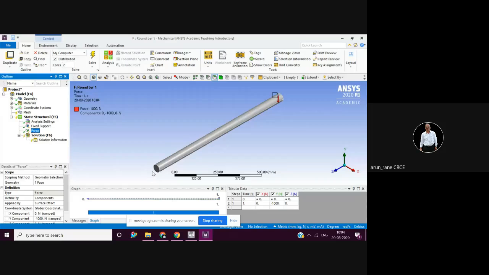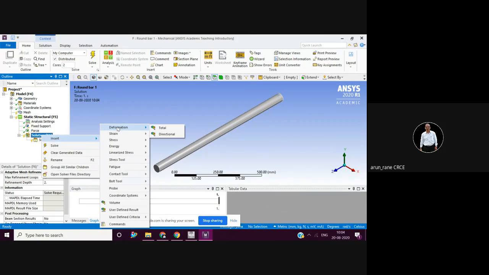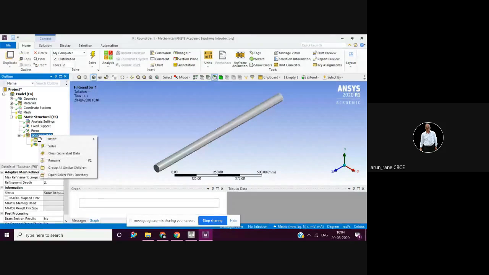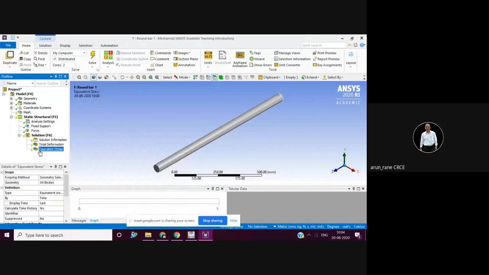Now what I'll do here? I'll go for solution, isn't it? So right click here, solution, insert deformation, total deformation. Then solution, right click here, insert stress. So equivalent von Mises stress.